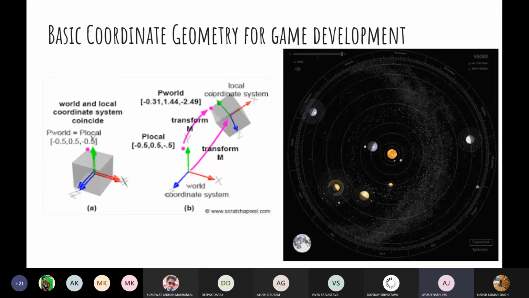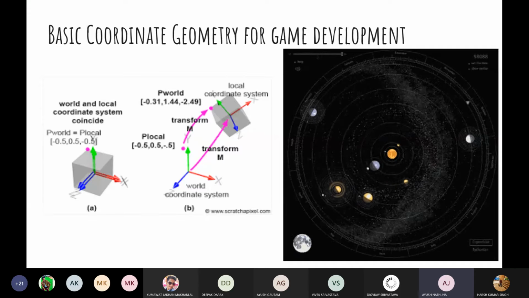Now let's shift our focus to Earth. Earth is revolving around the sun, that's good. But what is the other thing that revolves around the Earth? The moon. It is clearly visible that the moon revolves around the Earth and not around the sun.